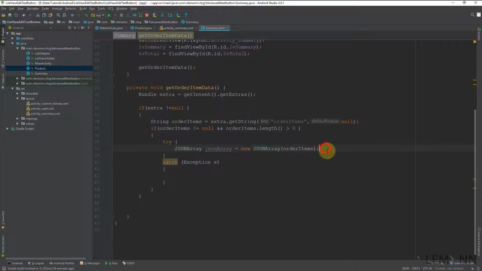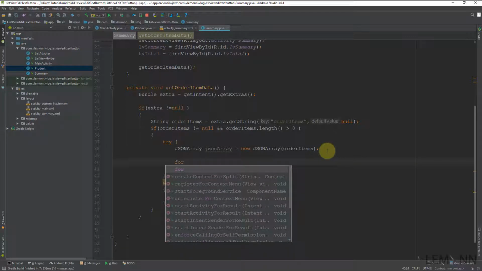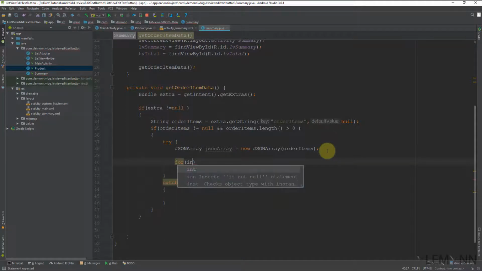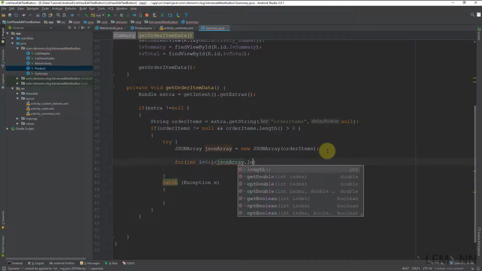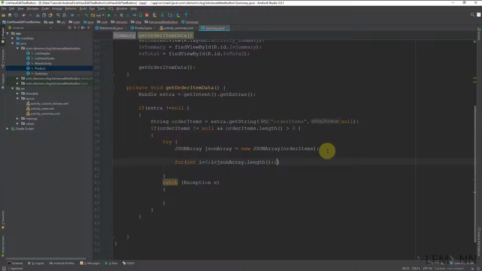We are going to first use a for loop. So I'm going to say int i equals 0, i should be less than jsonArray.length, i plus plus, and inside this for loop we are going to,